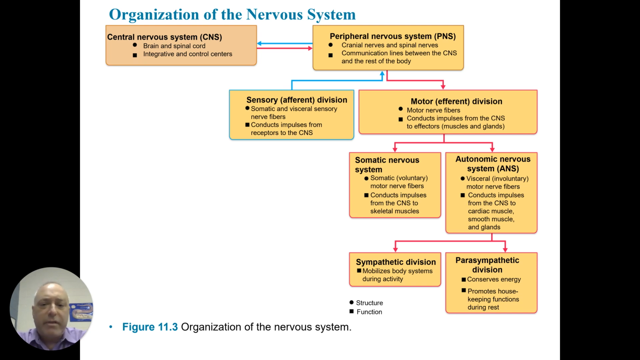The peripheral nervous system can be divided into an afferent division, which is going to be the sensory input, and an efferent division, which is the motor division for conducting impulses from the CNS to effectors like muscles and glands. Now, the motor division can be further divided into the somatic and the autonomic nervous system. The somatic nervous system is the voluntary side of nerve fibers, and this conducts impulses from the central nervous system to